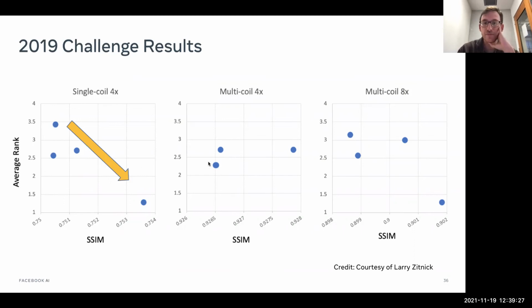So where this shows up the most is the 4x track. Here, if you look at SSIM, it goes from 0.9265 to 0.928. These are almost all the exact same metric, and the radiologists were extremely discordant for the 4x track. So they were just all over the place. You see pretty much all the models ranked about the same amount in 4x. And in fact, 2 of them tied. And then for the 8x track, there's a little bit more separation in SSIM, and you can see maybe a little bit more separation in how the rankings were done.